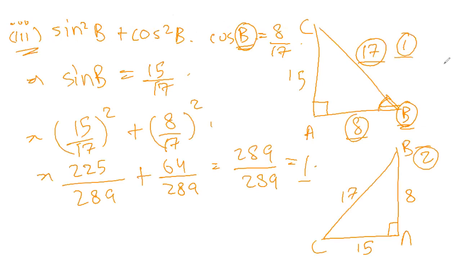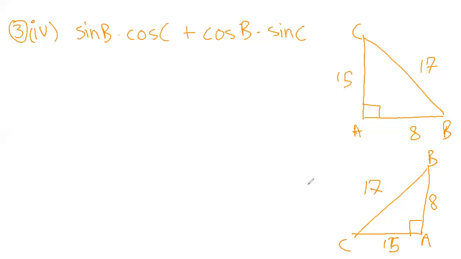both of these figures again, first one and the second one. So we'll do that. So once we have drawn our first figure and second figure in which the angle B is to the ground, and in the second figure the angle C is towards the ground, it says sine B. So our sine B states that with respect to angle B, tell us perpendicular upon hypotenuse. So in the first figure, perpendicular upon hypotenuse is 15 upon 17.